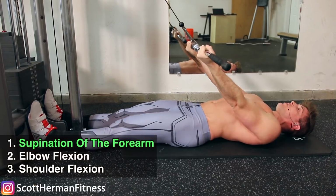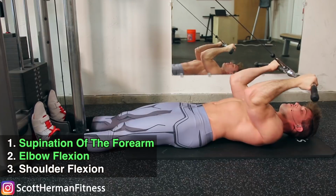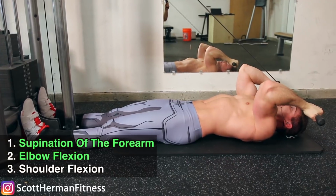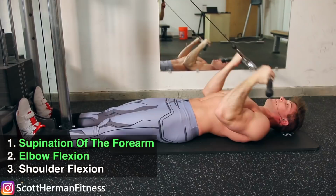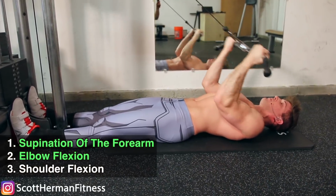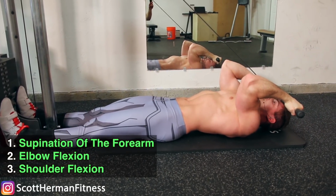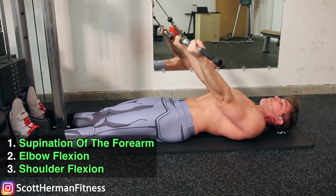Now from this position, what you're going to do is you're going to curl the weight to your forehead. And by curling the weight to your forehead, you see that subtle movement that my elbows just did? That's shoulder flexion. So you're getting the flexion of the forearm like this, but because we're using a cable, we're actually able to bring the weight down and then get that little bit of extra flexion from our shoulder, which is going to allow us to really flex and squeeze our biceps as hard as we can on every single